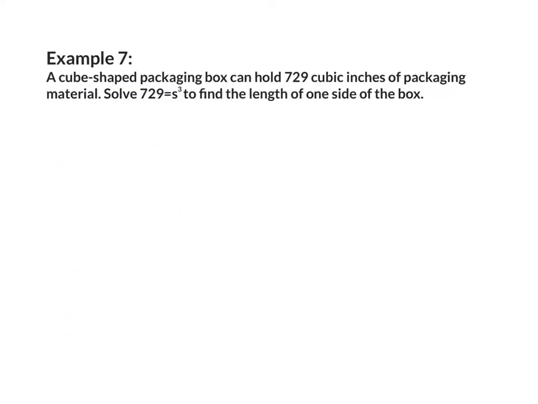Example 7. A cube-shaped packaging box can hold 729 cubic inches of packaging material. Solve 729 equals s cubed to find the length of one side of the box. So first I'm going to start off by writing my equation, which is 729 equals s cubed. So now I'm going to take the cube root of both sides,